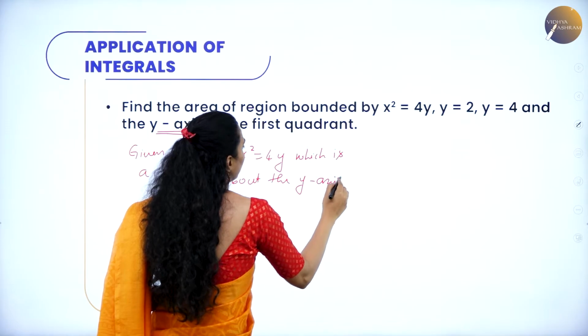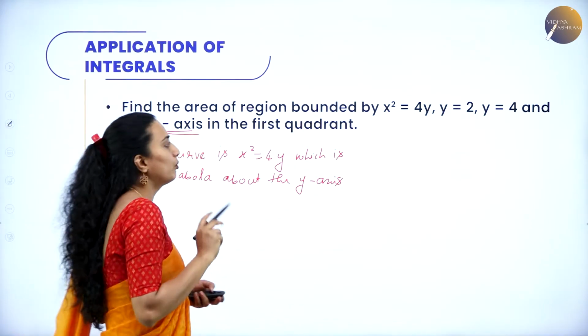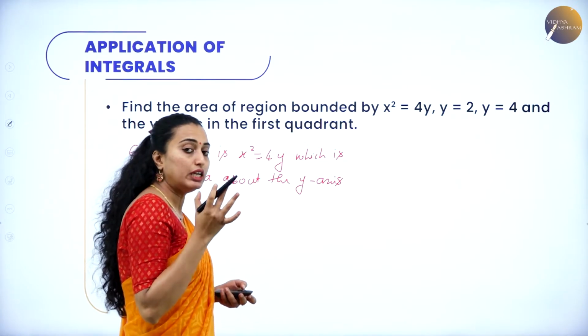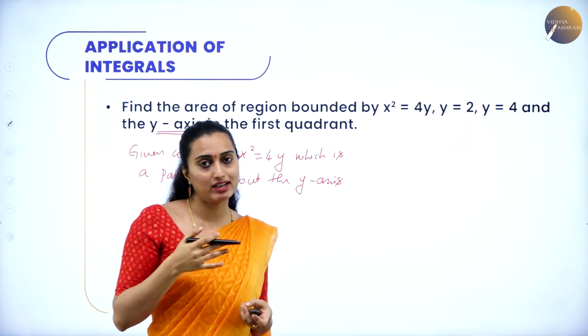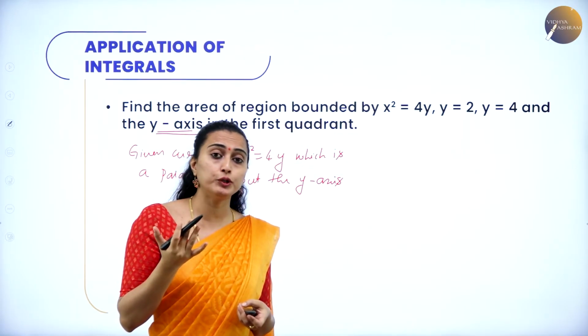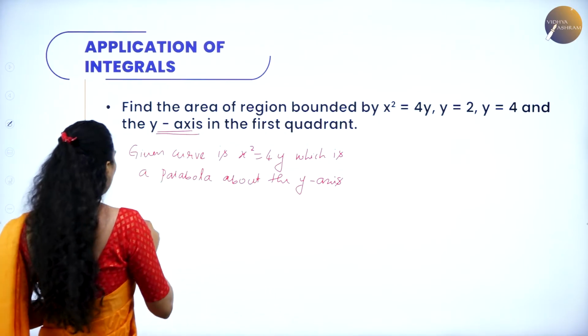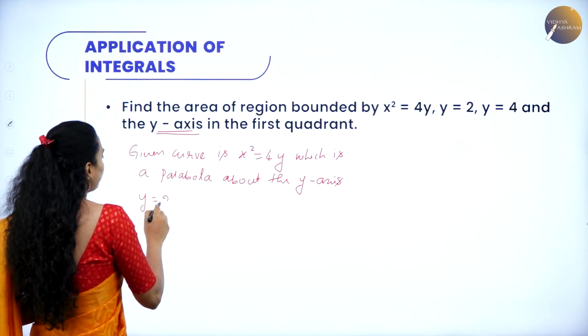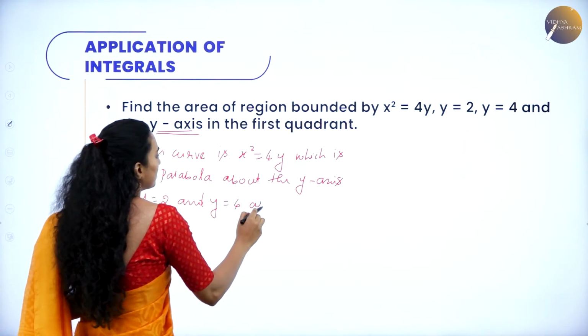And here also they have given the first quadrant. So we need to calculate in the first quadrant itself. So what they have given next, y is equal to 2 and y is equal to 4. Y is equal to 2 means it is a line parallel to the x-axis. So y is equal to 2 and y is equal to 4 are lines